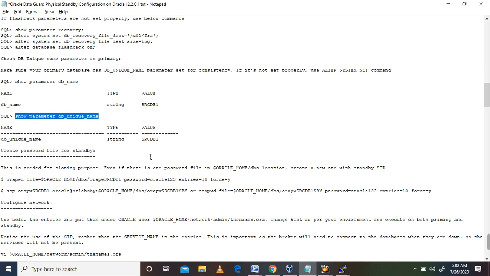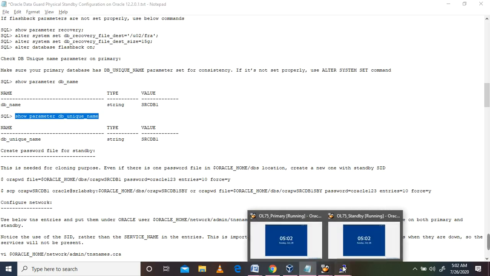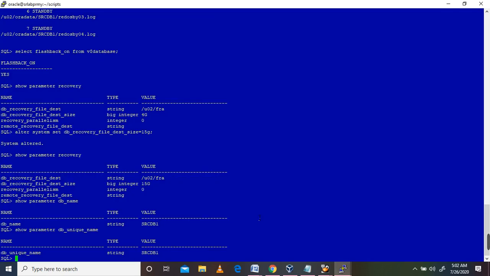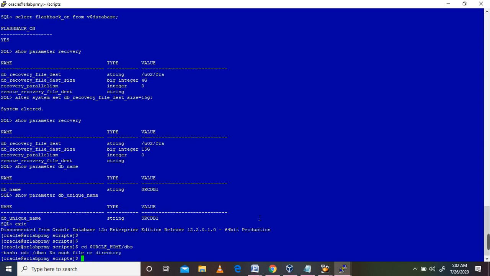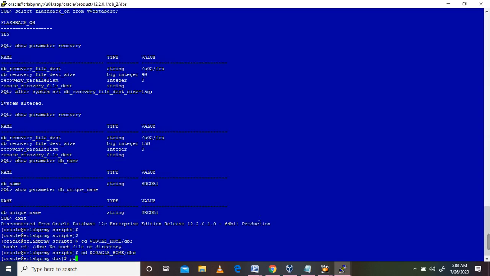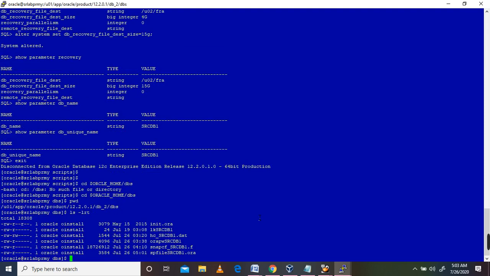Create a password file for standby. So here you can see it has the password file.